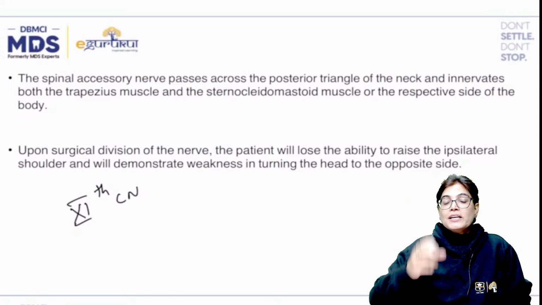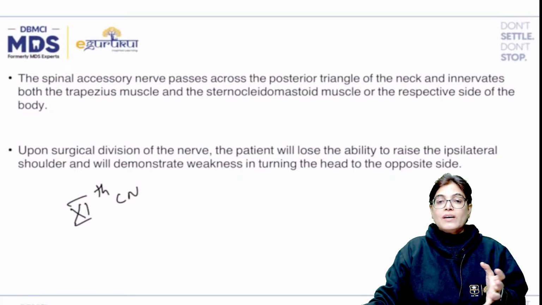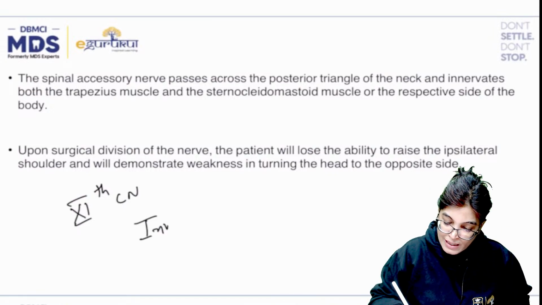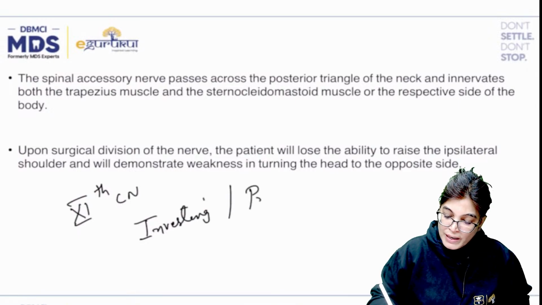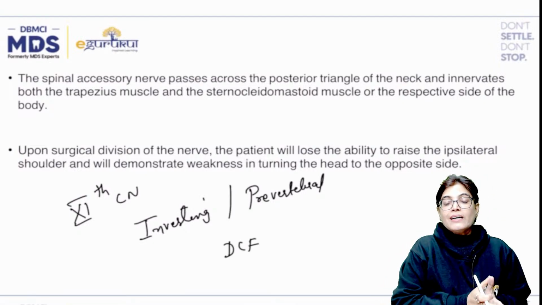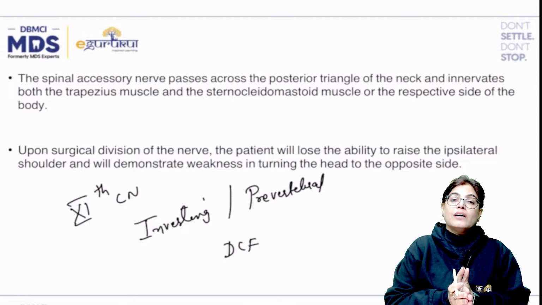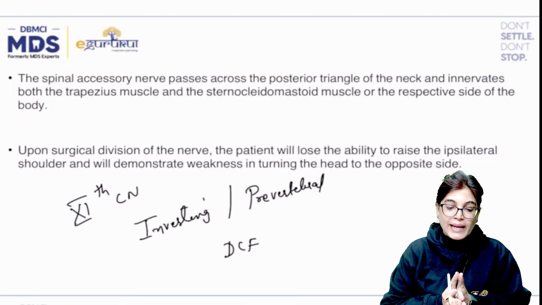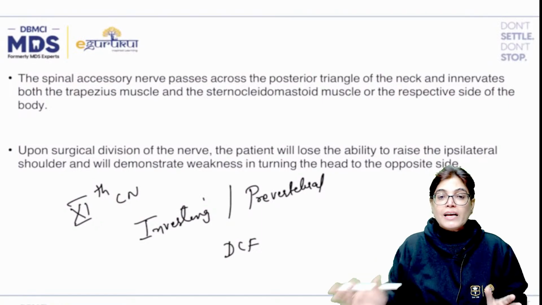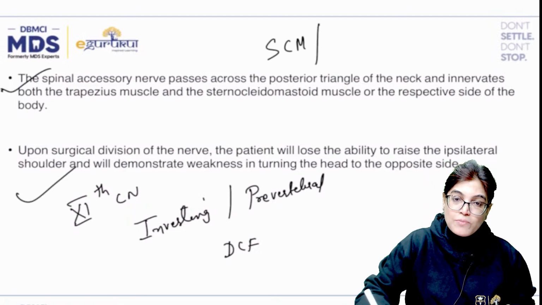Actually, whenever any procedure is done in the posterior triangle of the neck, if you see the course of the spinal accessory nerve, it is traversing between the two layers of deep cervical fascia. What are those two layers? We have got the investing layer and the prevertebral layer. The investing layer is forming the roof of the posterior triangle of the neck. The prevertebral layer is covering the floor muscles of the posterior triangle of the neck. And we have the spinal accessory nerve traversing exactly between the investing and prevertebral layers of deep cervical fascia, and it is giving innervation to two muscles, SCM, sternocleidomastoid, and trapezius muscle.